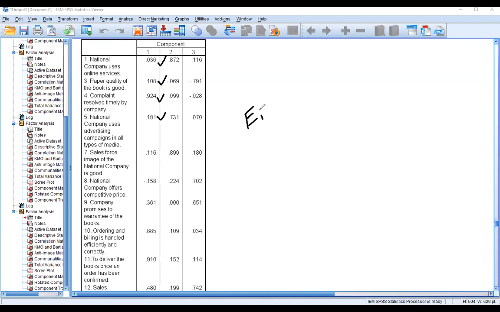इसको हम बोलते हैं आइगन वैल्यू। और ये क्राइटेरिया है कि अगर आइगन वैल्यू शुड बी ग्रेटर देन 1, अगर एक से ज्यादा है तो उन्हीं फैक्टर्स को हम रिटेन करेंगे। नाउ सेकंड इज कम्युनिटीज, कम्युनिटीज में हम क्या करते हैं, हॉरिजेंटली square of this factor loading plus square of this factor loading plus square of this factor loading, and this communities should be greater than 0.5 or 0.50%।